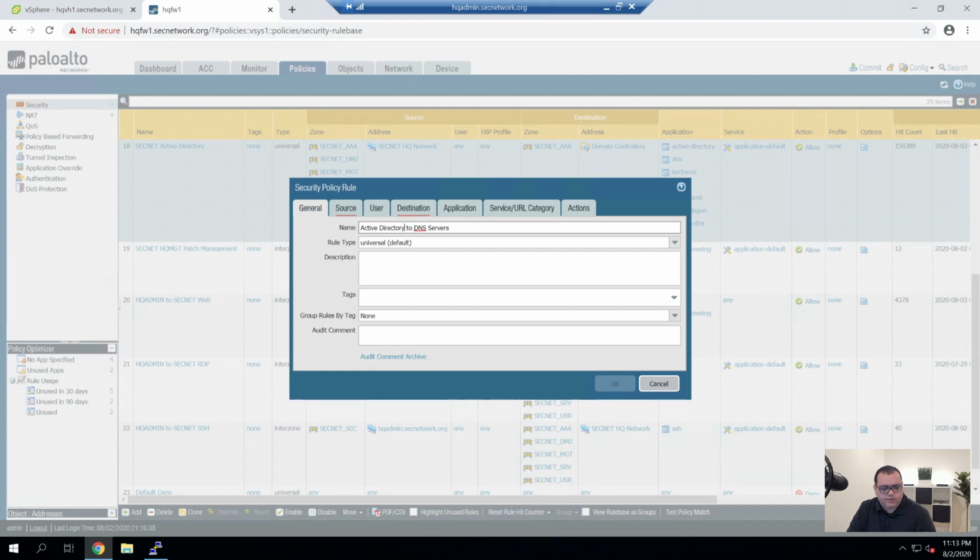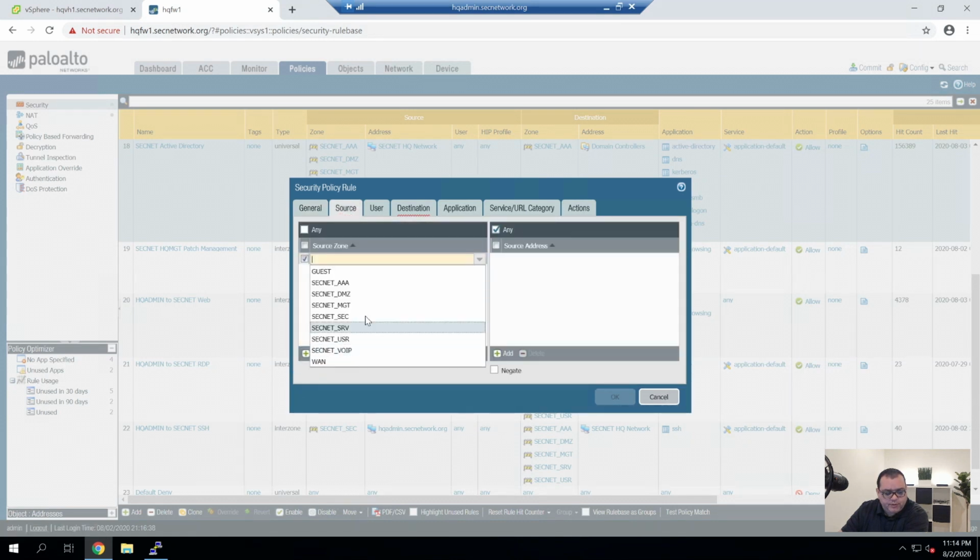Actually, I'm going to change this, so this rule will be from the PDC servers to the DNS servers. So from PDC to DNS, this will be an interzone rule.